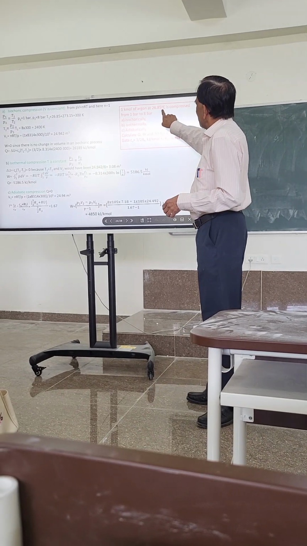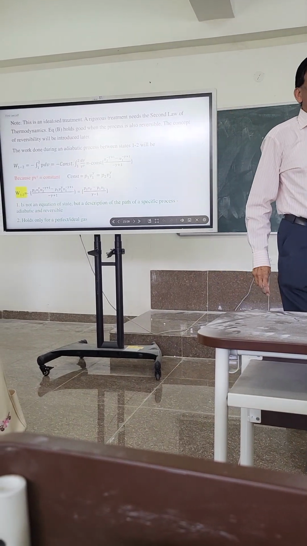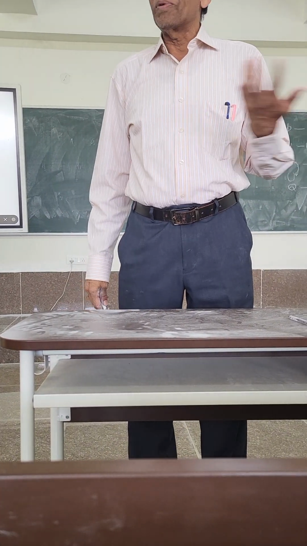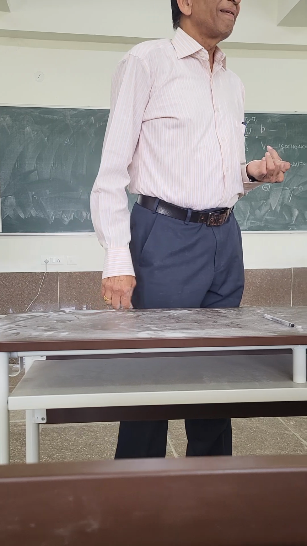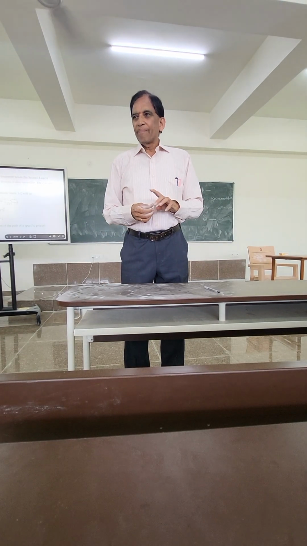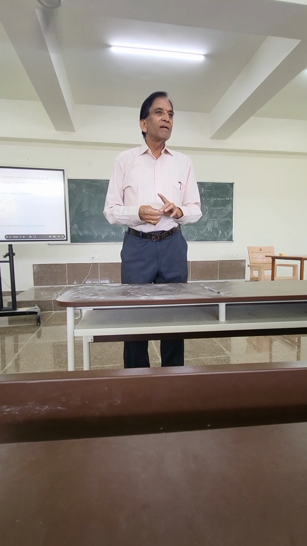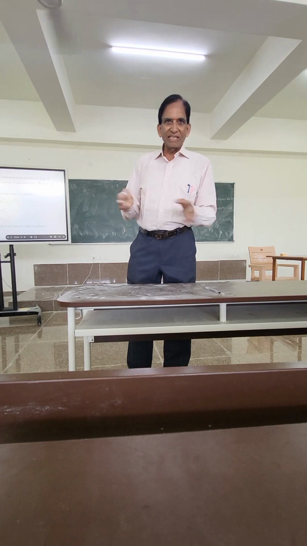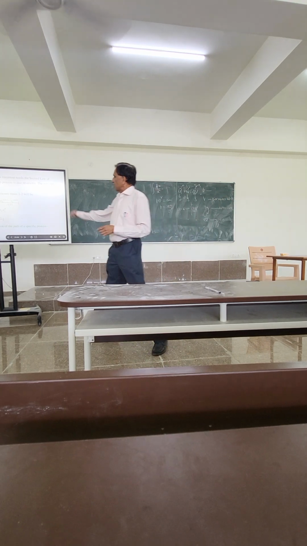It is at 26.85 degrees Celsius. Then the 26.85 becomes 300 K. Why did I take 26.85 and not 26 or 27? To convert Celsius to Kelvin. That is why I put 26.85. You can take any temperature, but it will be easy for you to calculate. So 26.85.